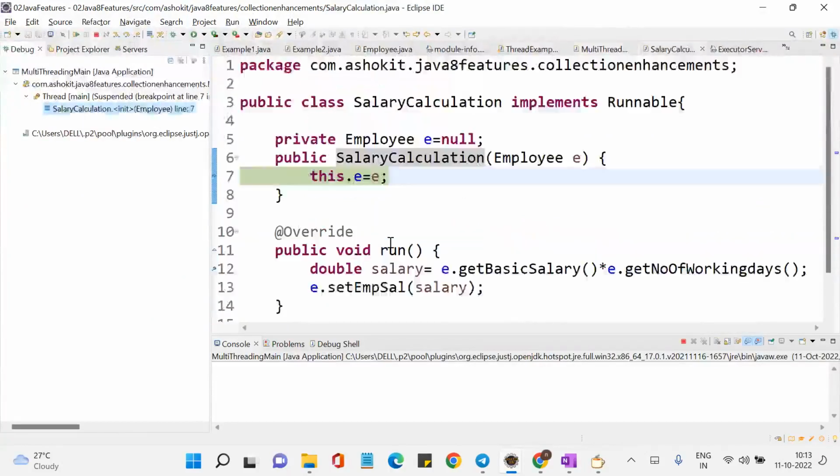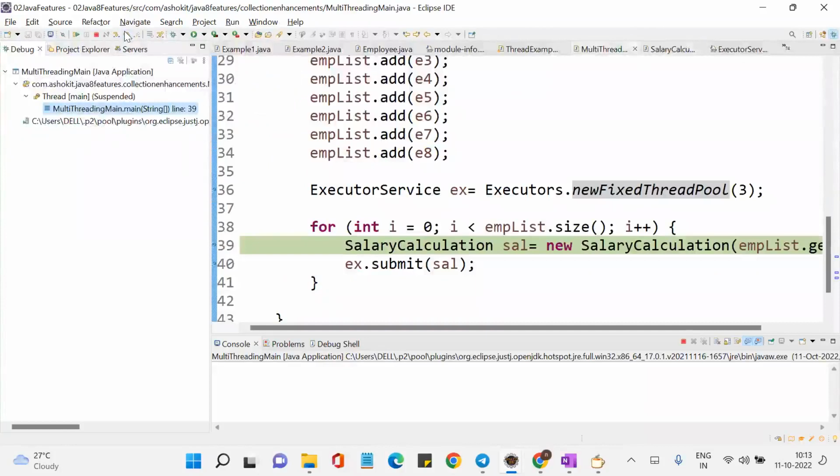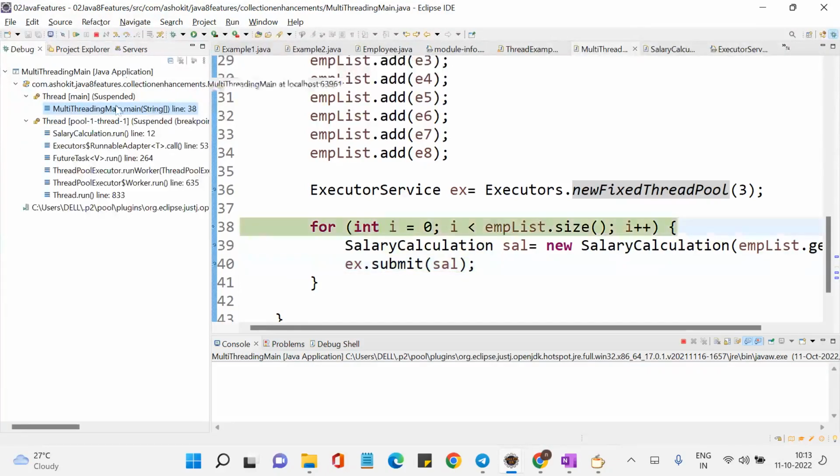See, whenever you do, it is executing this employee, done. Now, whenever I say submit, what is happening? So this Karthik, who is the first employee? Karthik. He is added to the queue, and then immediately the first thread will be created. Look at here. In pool 1, thread 1, the first thread has been created and it is executing a run